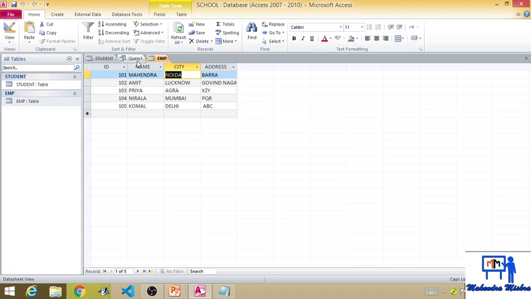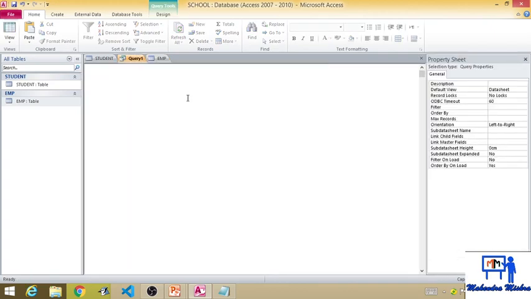So here we have covered create, insert and update command. Now next query is, suppose I want to see the table. Then we have the select statement. What is the syntax? Select star from table name, EMP.